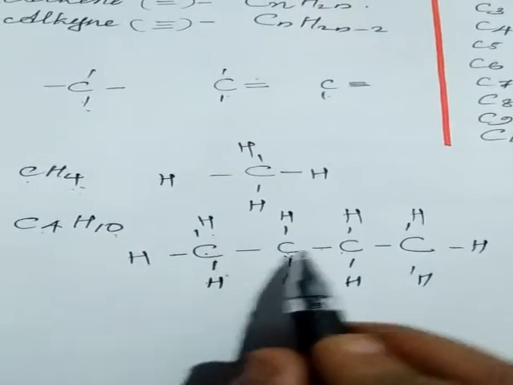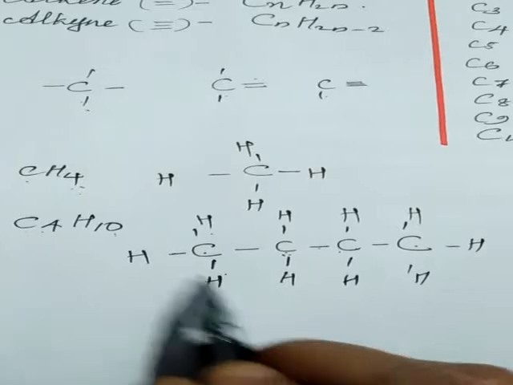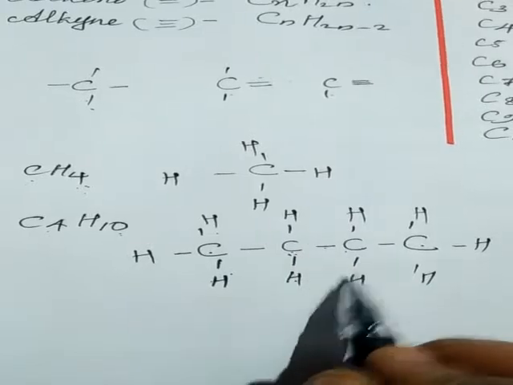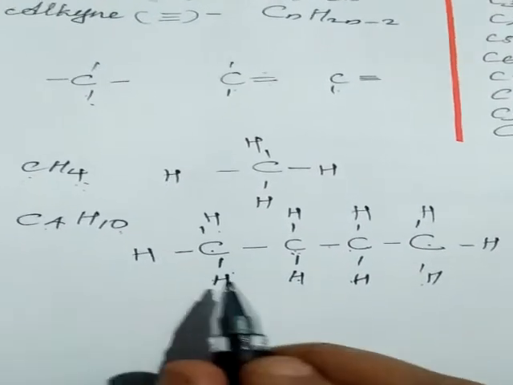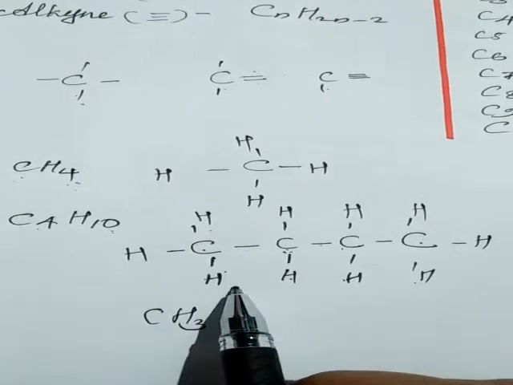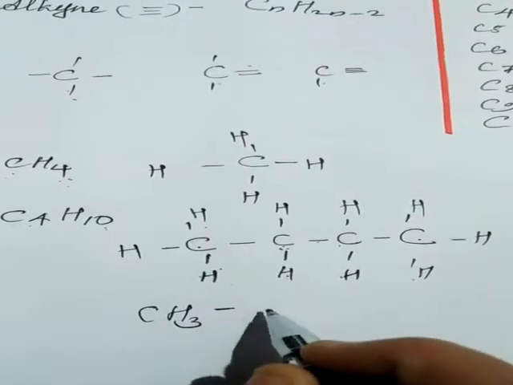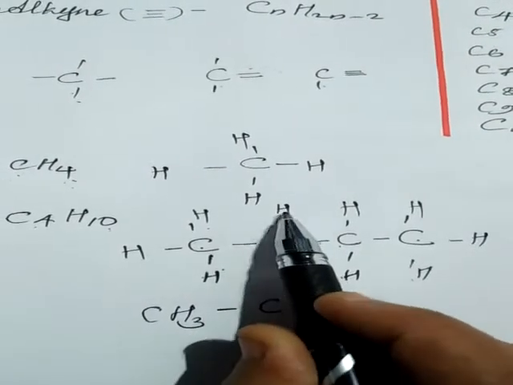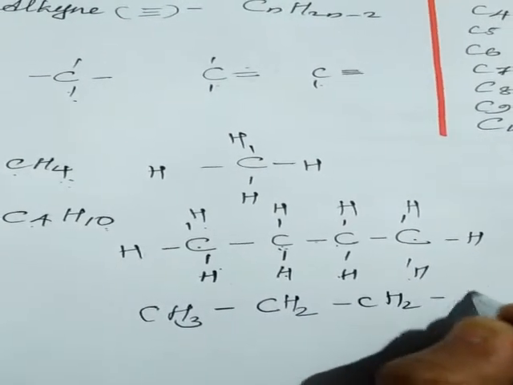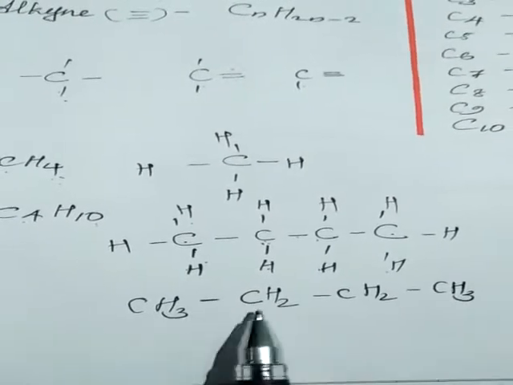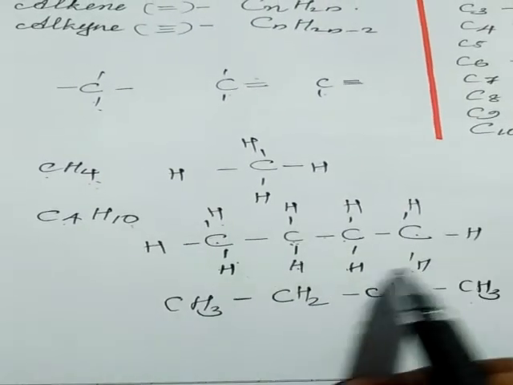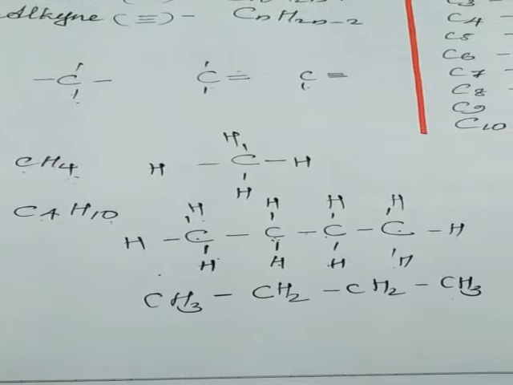Okay, now see, there are 4 carbon atoms and the rest is filled with hydrogen atoms. Here 3 plus 2, 5, 7 and another 3, 10. Now we can draw the same as CH3. See, 1 carbon with 3 hydrogen and we represent this bond here. Another carbon, here you can see this carbon with 2 hydrogen, CH2. Other one also same, CH2. And the last one, CH3. CH3, CH2, CH2, CH3. So here we drew the structural formula of butane. You understand?